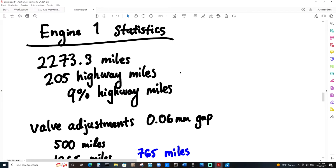Alright, so in this section we're going to talk about some statistics between the two different engines that I've had within my bike up to this point. And I think it's very important to note because I believe there's this misconception that I've been riding on the highway the majority of the time, or riding that red line, or pushing this bike on the highway, and that's the reason why my valves are tightening up prematurely. But if you are to go through my previous posts, there's definitely been times where I've ridden on the highway during those different top speed tests,